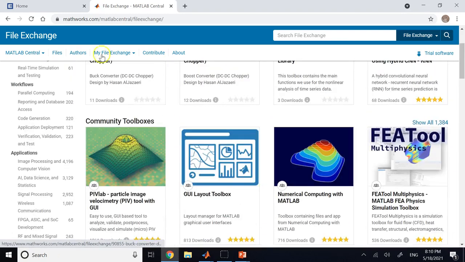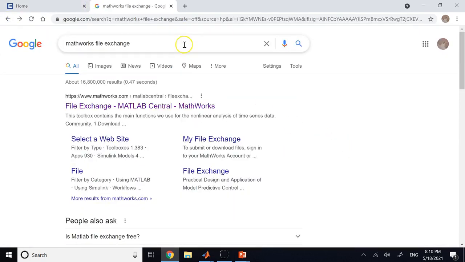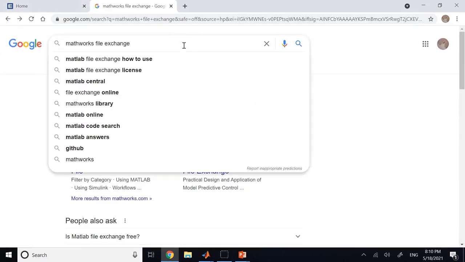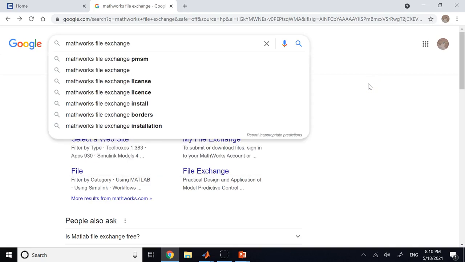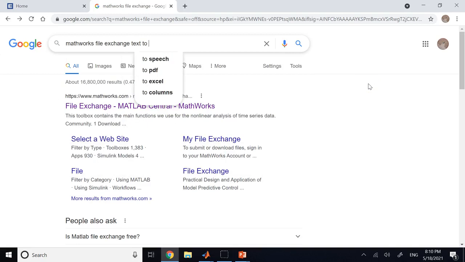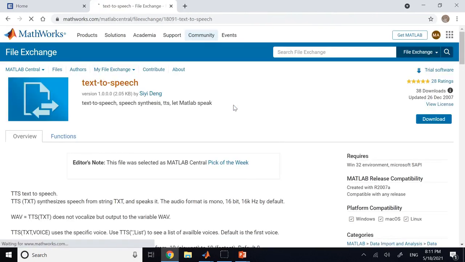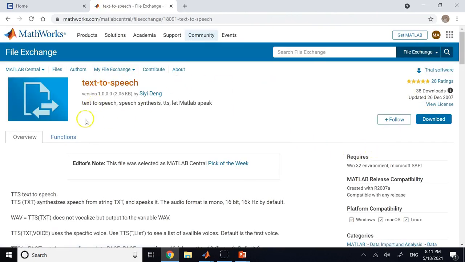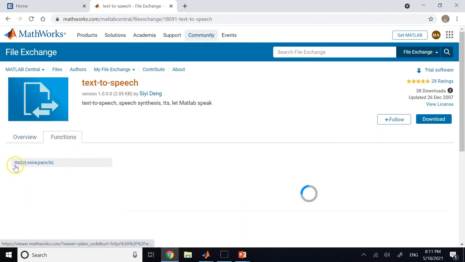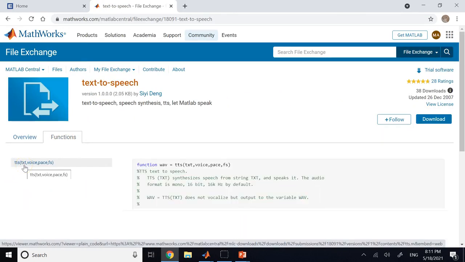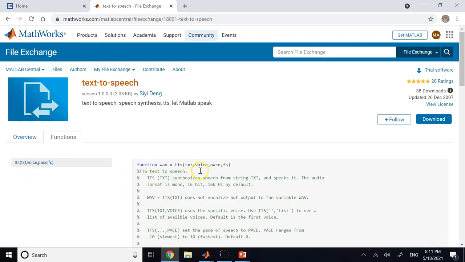just download and use. As long as you have an account in MathWorks, which is free to create, you can go and download the file. So for example, let's say text to speech, okay? There are several things, right, that people have written, functions, and you can see these are the functions that they have written. It's called TTS, and you just pass to it a text, some voice,